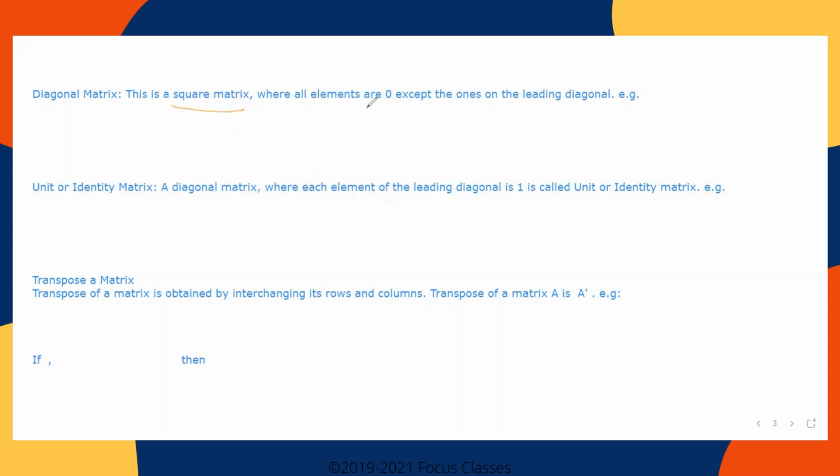And all the elements are 0 except the ones on the leading diagonal. In general, diagonal is nothing but like this, right? So here, example